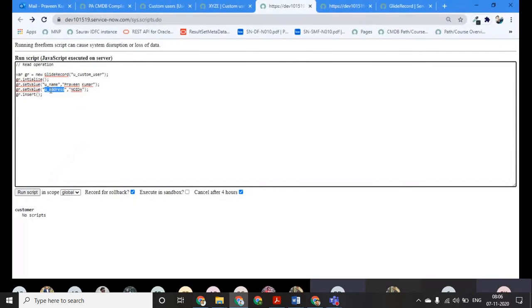Okay, that's a good question. Whenever you are inserting the data, you have to see where you put that validation. GlideRecord is the API which does not respect a lot of backend functionality of ServiceNow, and one of the functionalities which it does not obey is this mandatory thing. GlideRecord does not obey this mandatory thing. So that is the core thing.